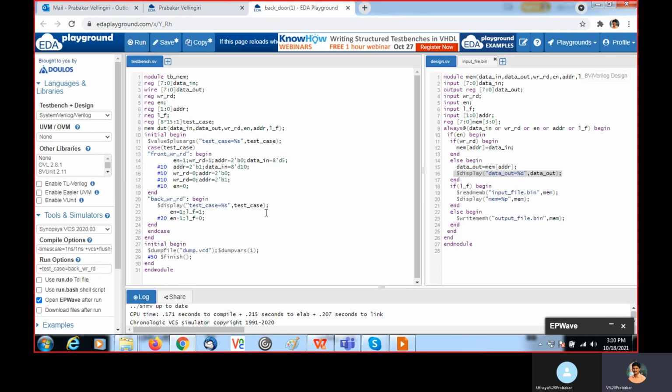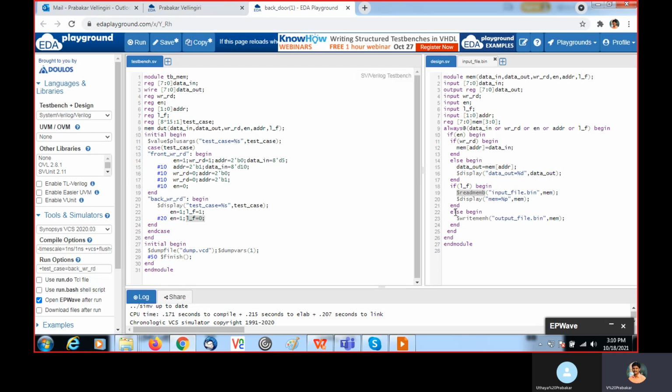It will display the test case name, then we enable this logic and it will enter into this, and we are giving LF as 1. LF on means it will perform this one, so whatever is present in this input_file.bin will be loaded to mem. Then after 20 time units, we make LF as 0.